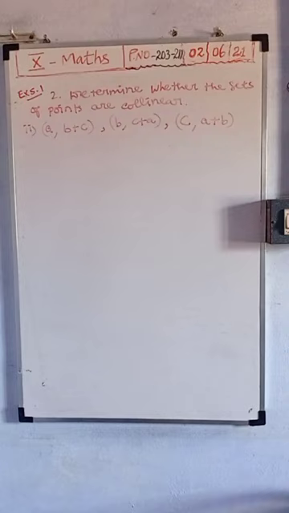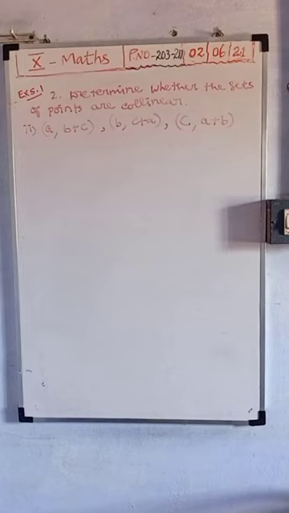Okay, now determine whether the set of points are collinear. Here 3 points are given, whether these 3 points are collinear or not we want to check. So we know that the set of points are collinear means the area of the triangle we want to get as 0. Area of the triangle is 0 means the points are collinear. That means here we want to find first the area of the triangle. Since the question itself asks for area, you can plot the points, or else no need to plot the points, as you choose.